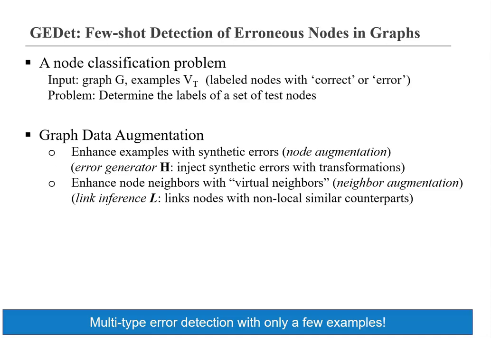It has an error generative model H that generates synthetic erroneous examples. The learned transformations capture various types of errors from training data. GDAT also consists of a link inference model L that infers meaningful connections as long-range dependencies to complete the graph, which mitigates the impact of missing edges and facilitates graph representation learning. We use graph augmentation to enrich training examples and node neighbors, which enables GDAT learning representative embeddings from only a